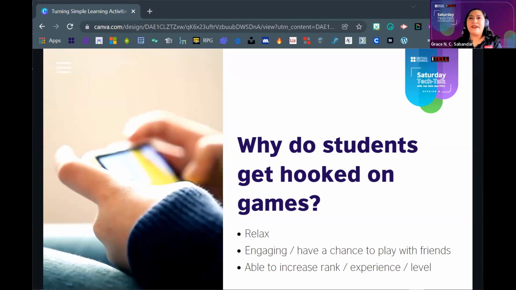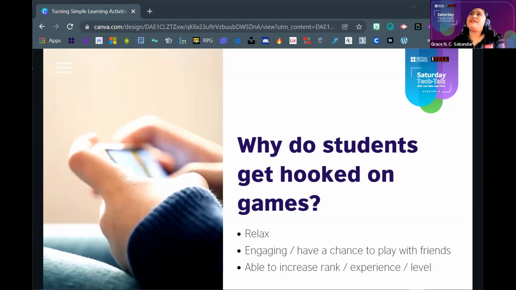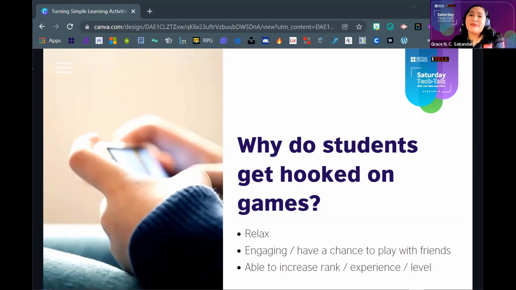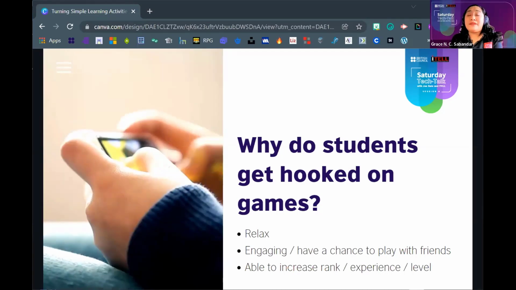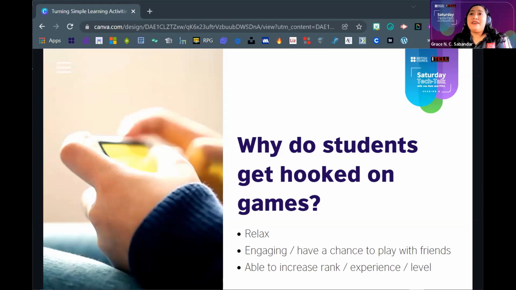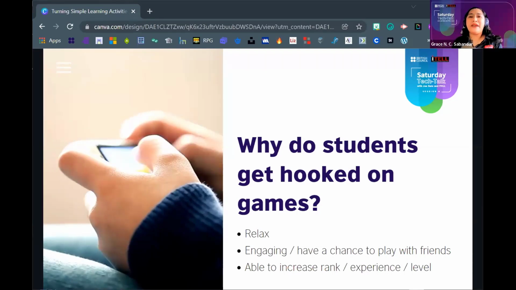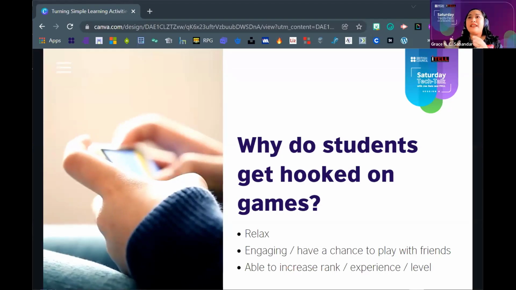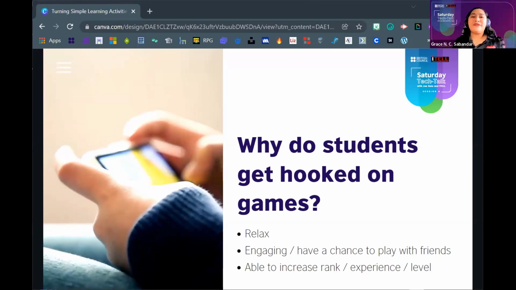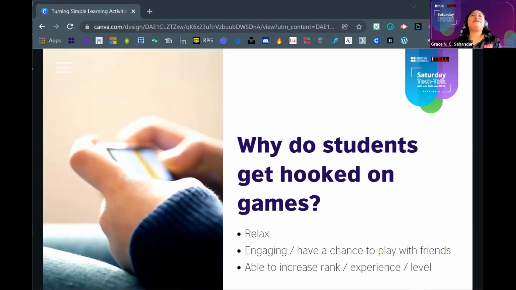Especially right now, with online classes, they don't get to play with their friends face to face. So games are a way for them to play together and engage with their friends, and also